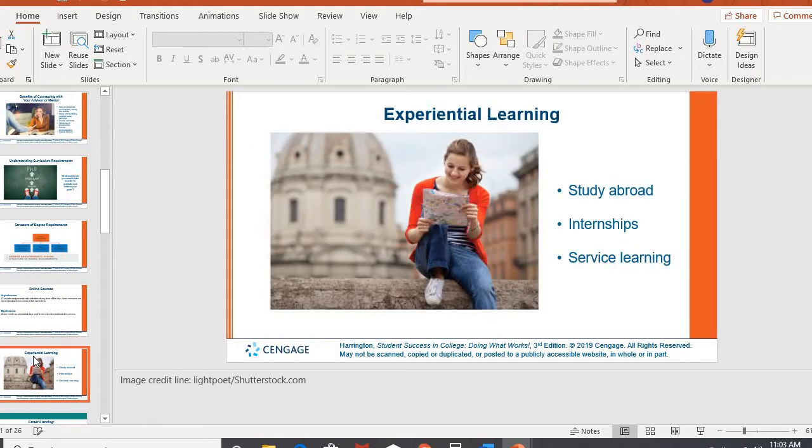And then Chapter 6 also talked about different kinds of learning opportunities where maybe you study abroad. Internships are more what you're going to find here at the college. There's a lot of internships that are posted. And then service learning is this marriage between what you learn in the classroom and then what you do in the community. So let's say, for example, a couple years ago we had a class.